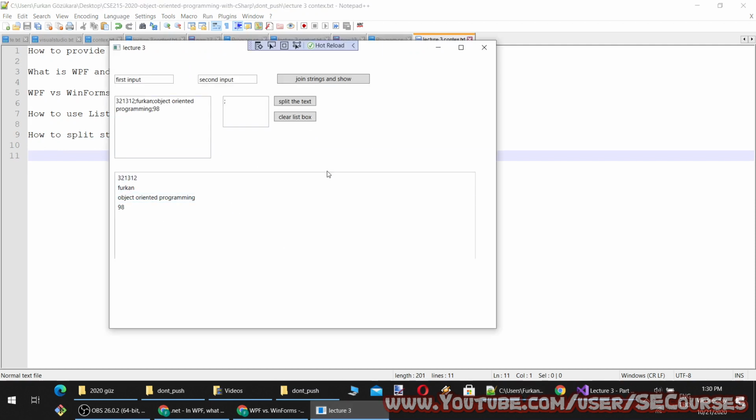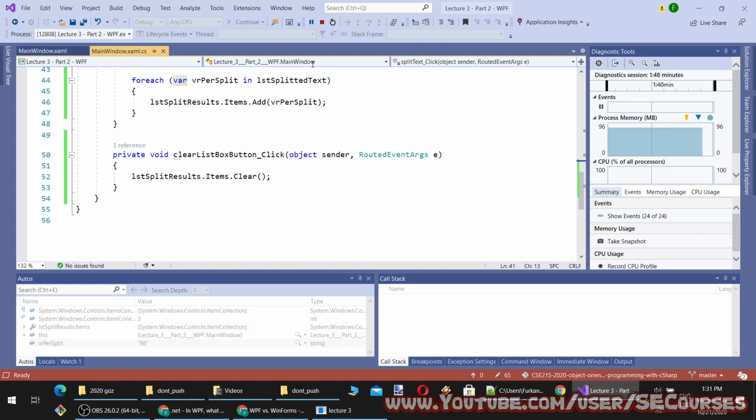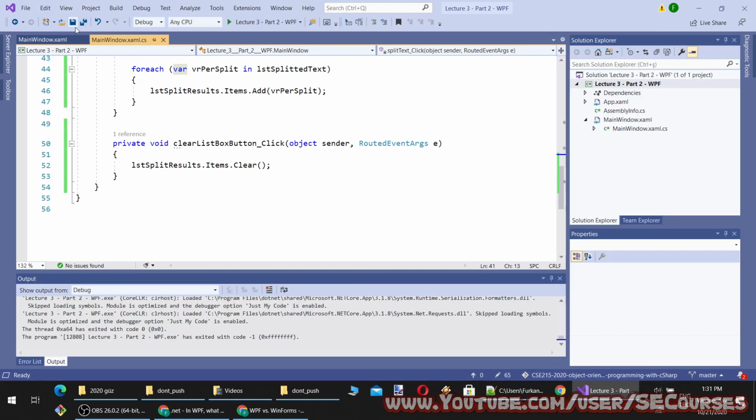So I can also add new objects to the beginning of the list box or change certain value of list box. It's all up to me. How can I do that? I can do it like this.